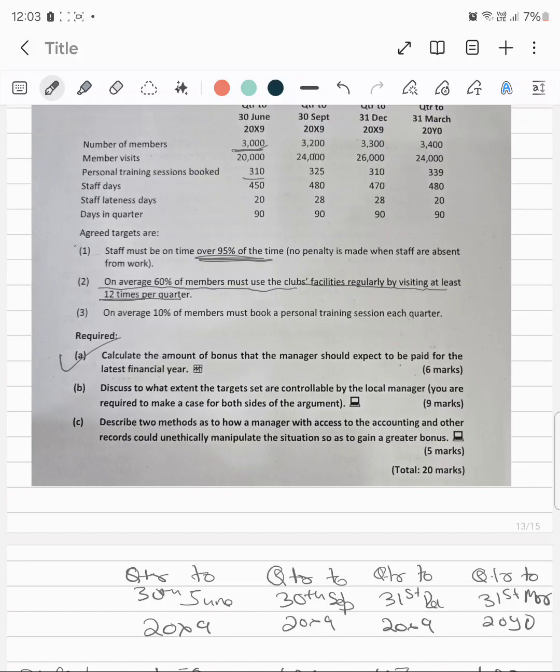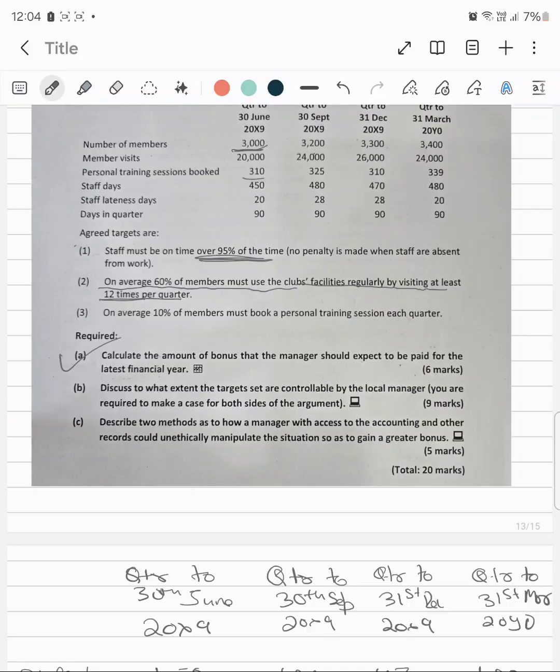Some members might face a financial crunch, and they might not come one quarter and come another quarter. They might not be happy with the customer service and are looking for something else. Also, competitors might be providing a better facility. There are a lot of factors, and the same goes for personal training sessions. So these are some